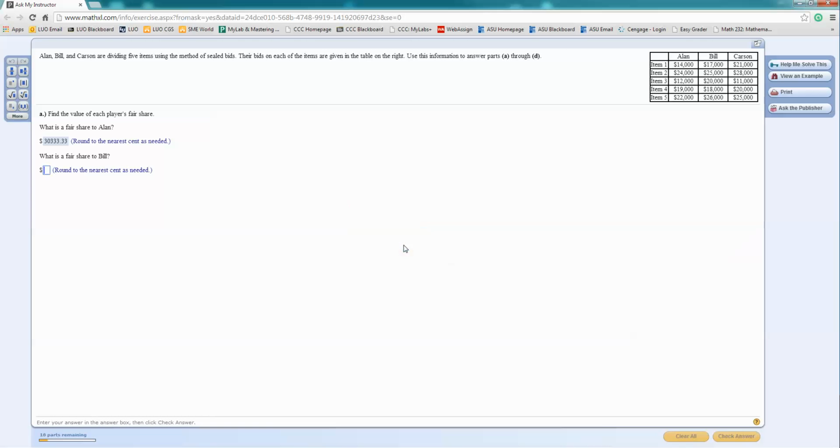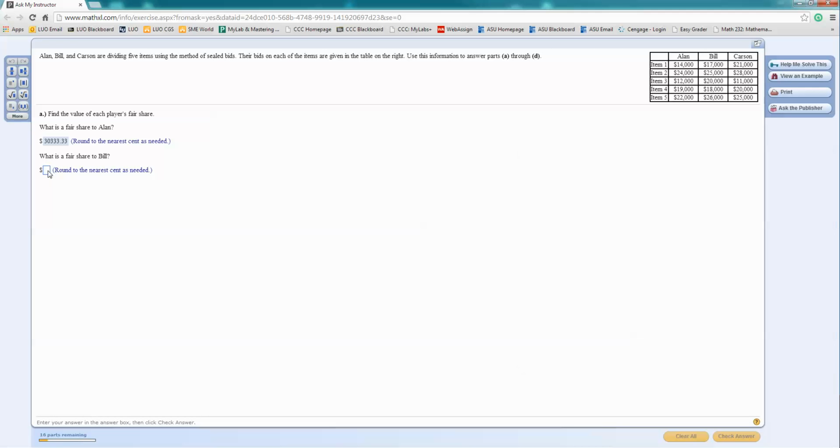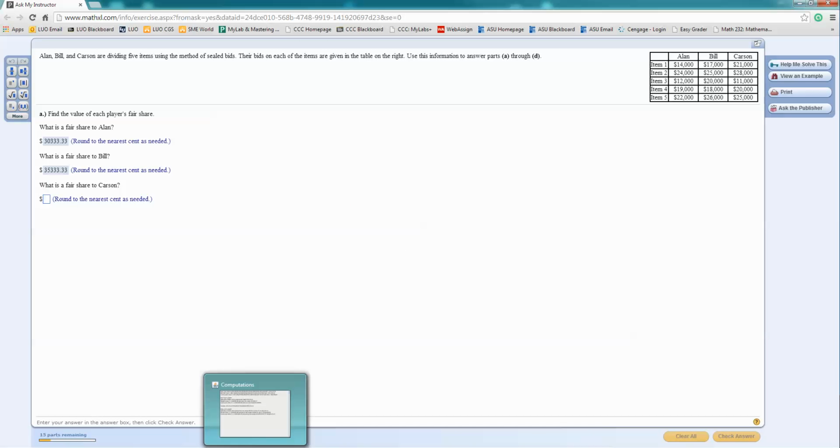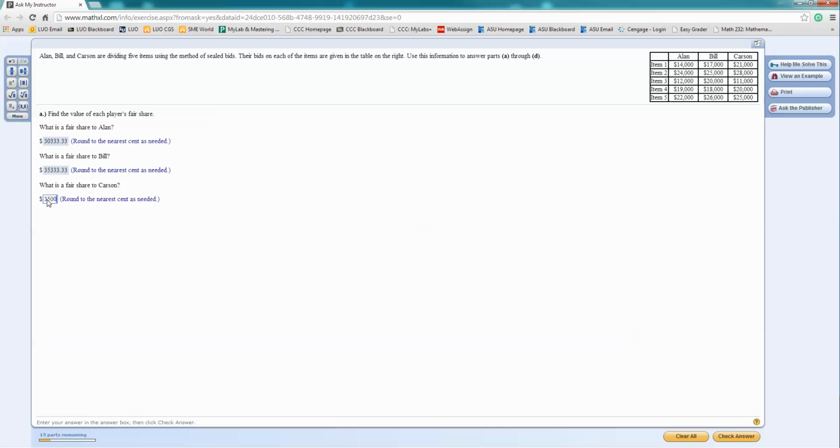So I'm going to go ahead and click OK, and now I want to add in what is the fair share to Bill. Notice over here Bill's fair share is $35,333.33, and we'll go ahead and left click in this field and we'll add that in. Once again, I've entered the number, I've pressed enter, and I get the excellent screen, and I'm going to go ahead and type in what is the fair share for Carson. And that's going to be $35,000 even, so we will left click, type that in,